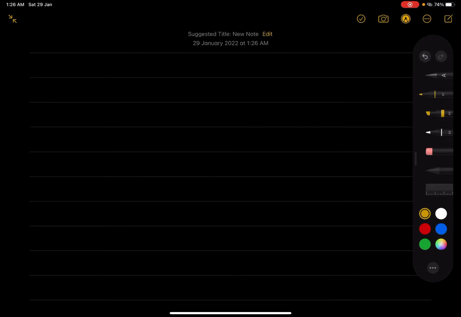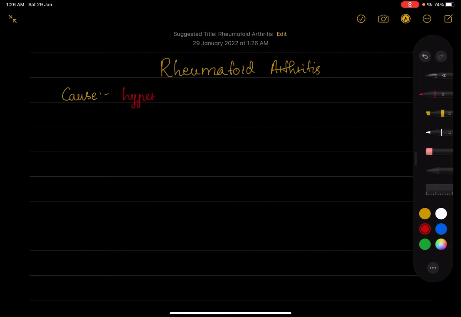So today we are going to study about rheumatoid arthritis. So the main cause of rheumatoid arthritis is hypertrophy of the synovial joint,